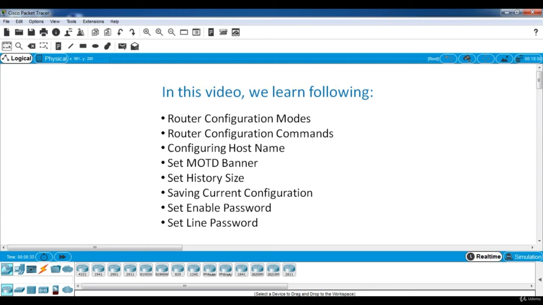The first is the router configuration mode, second, router configuration commands, the third one is how to configure the host name, setting the MOTD banner, setting the history size of a terminal, saving current configuration, setting the enable password, and setting the line password. So these are the basic configurations of any router. Here we will use the Cisco router, and I will show you how we can perform all these tasks